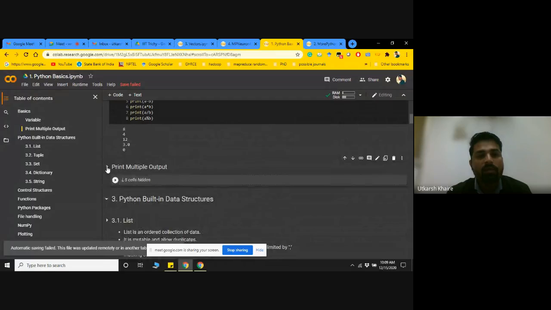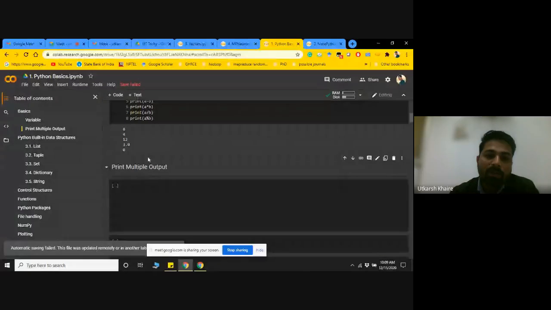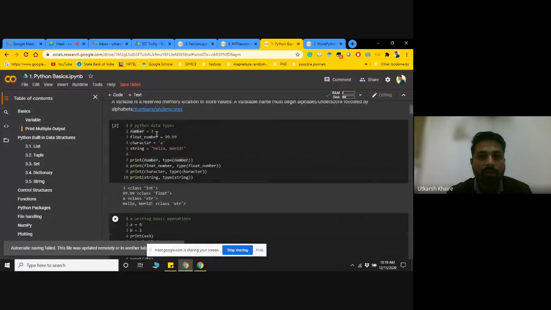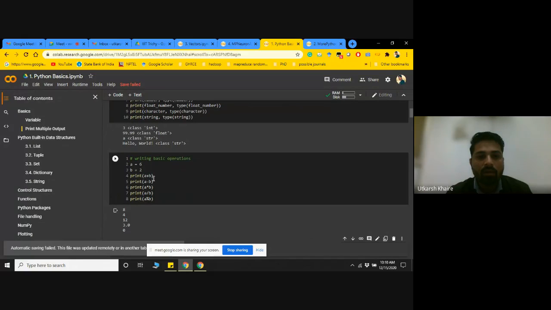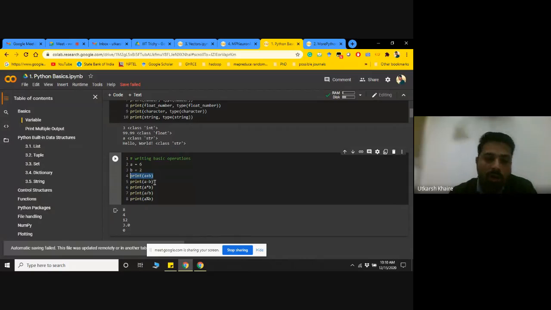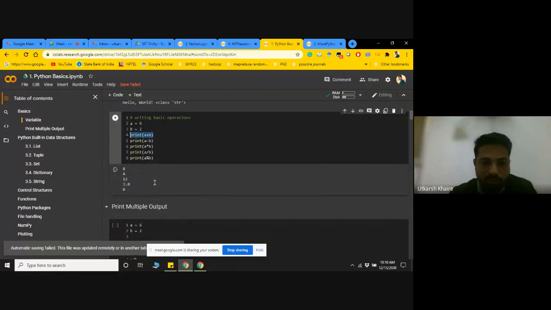Then the thing is, if you are using a Python notebook, for printing various output, you have to write a print statement here. Similarly here, I have written various print methods in order to print each and every output. But